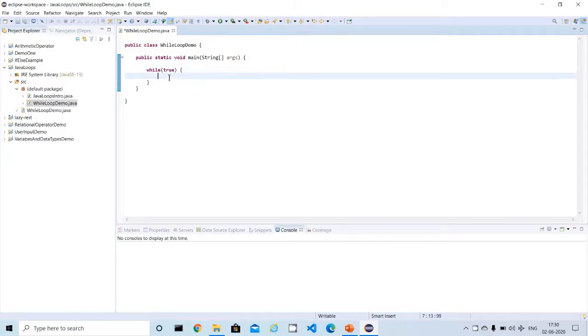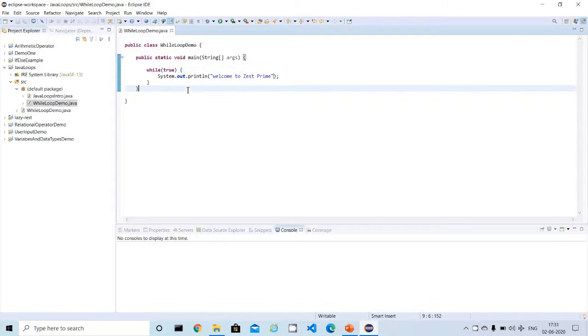Let me give a simple statement. I want to display "welcome to Just Prime" more than one time. I'm using a while loop and giving true here, so this condition will be satisfied and the loop will keep continuing until we get a false.